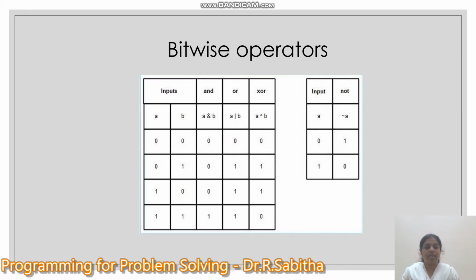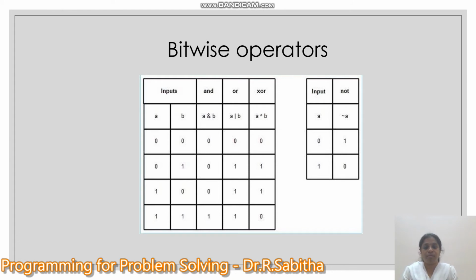When in the C program a variable is given a value, that value is first converted into binary and then the operation is performed. It will not be transparent. Internally the value is converted into binary, the bitwise operations are performed, and then the result is converted back into decimal and displayed to you. If you want to understand the detailed operation of all these bitwise operators, I am posting a separate video, and I'll give a link to the video at the end. You may go watch that video to understand the operation.